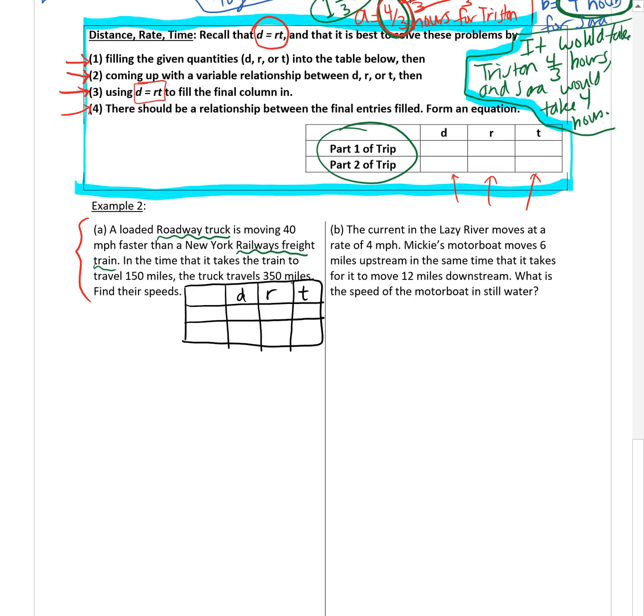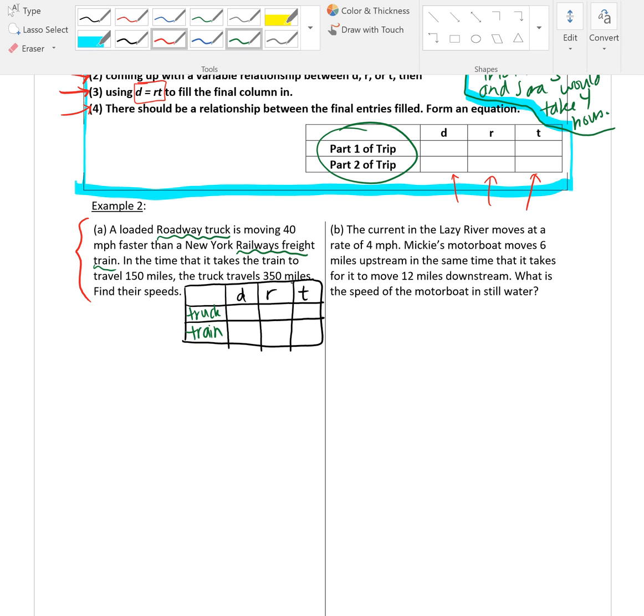I'm going to label them as one is a truck and one is a train. That's what it seems like we're talking about here: truck versus train, or train versus truck. It doesn't matter what order you put them in. So I'd make it part 1 of the trip, part 2 of the trip, make it specific to your problem. Alright, now that we have the table set up, like step 1 says, I want to fill in